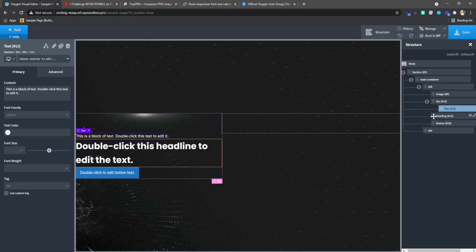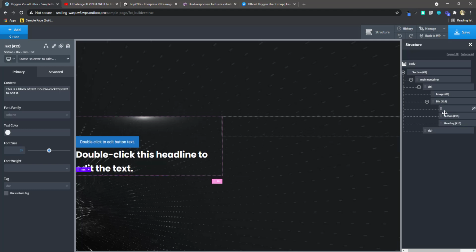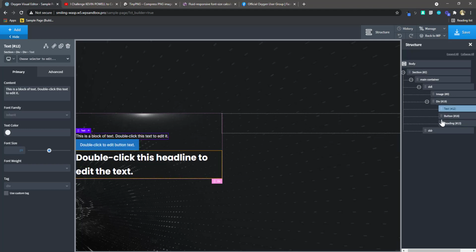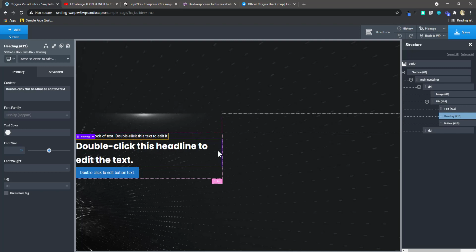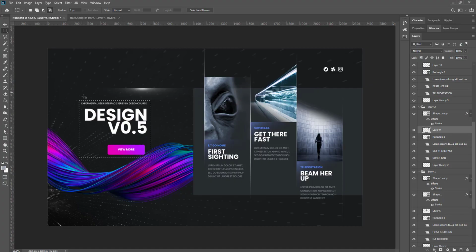So it's not moving. All right, just move it in the div. It's sometimes better if you move it above the one that you have. I'm using Oxygen 3.8 beta 1, so I just want to play with that. Okay, so they are inside the div, and this div, I want this div to be just something like this,